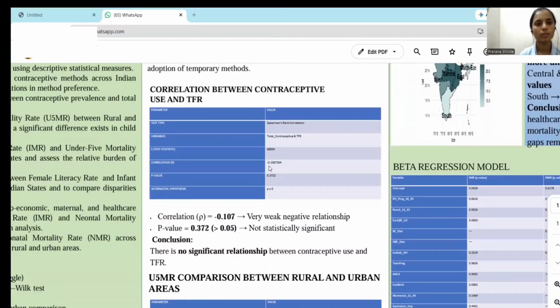We have to use the Spearman correlation test. In that, we take the variables total contraceptive practice and total fertility rate. Our statistic value is 6.834, and the correlation is coming to minus 0.1067. That means total contraceptive practice and total fertility are negatively correlated, but the total contraceptive factor alone has no effect on